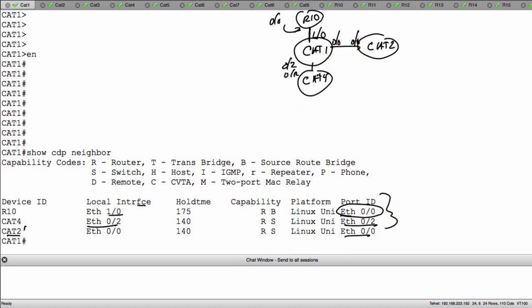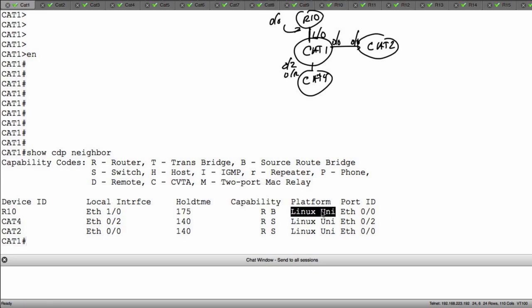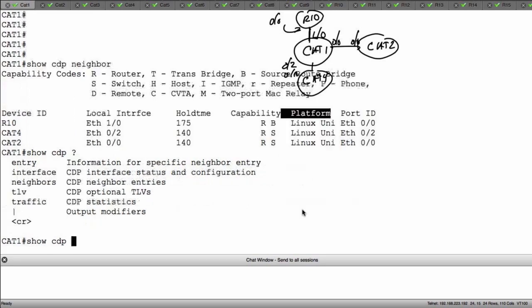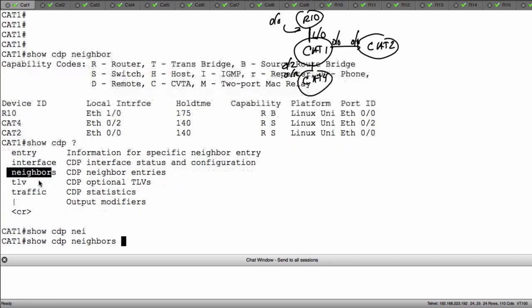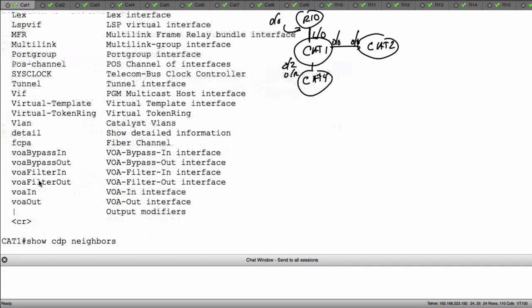But that's not all there is. Let's take a look at something. Before we finish this mapping, I thought it would be important for us to analyze exactly what information is being exchanged. Notice that I'm using a virtualization platform. Where it says platform, on a live device it would tell me that I'm connected to a particular type of unit. So I'm going to execute another command: show CDP neighbors,